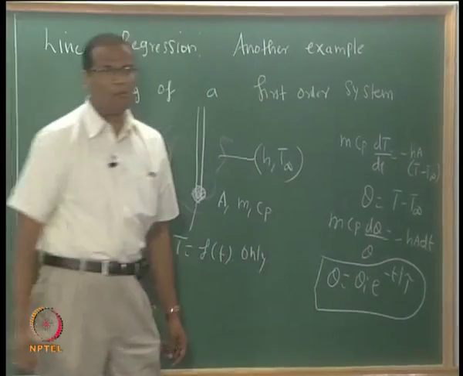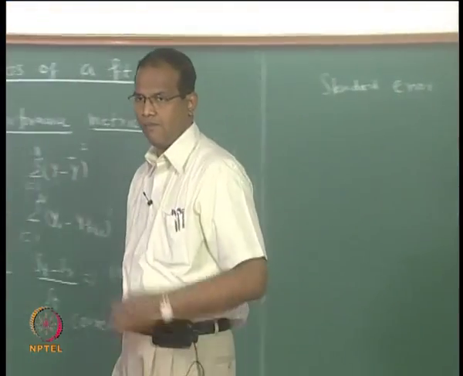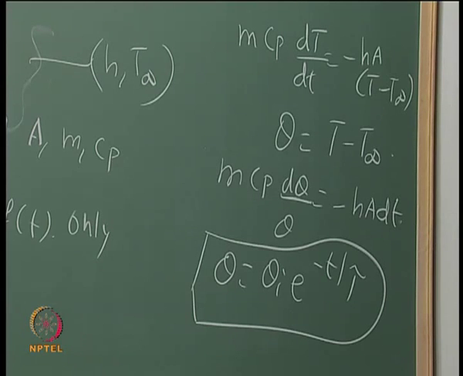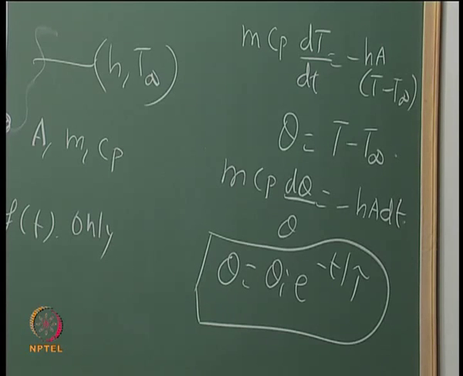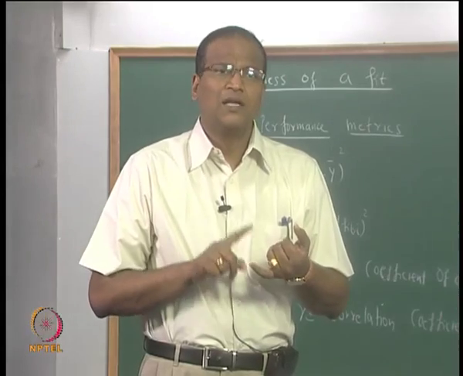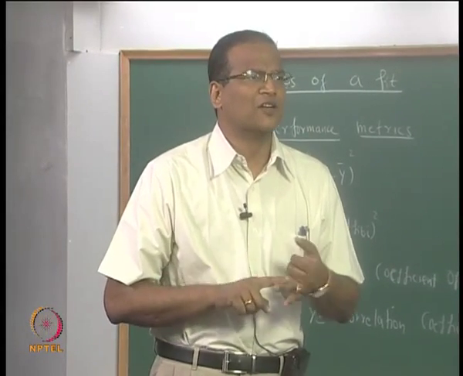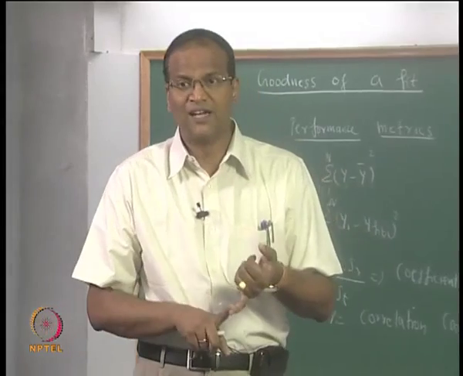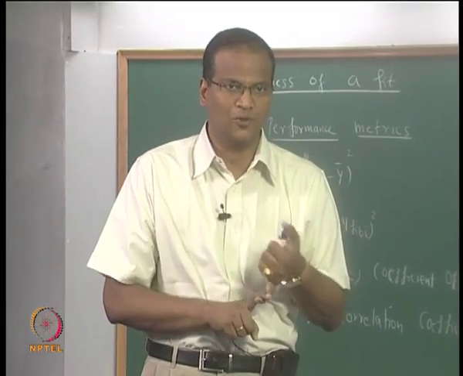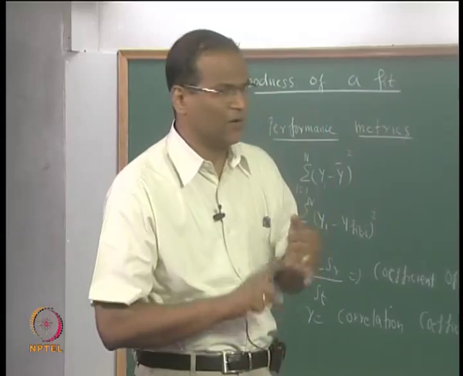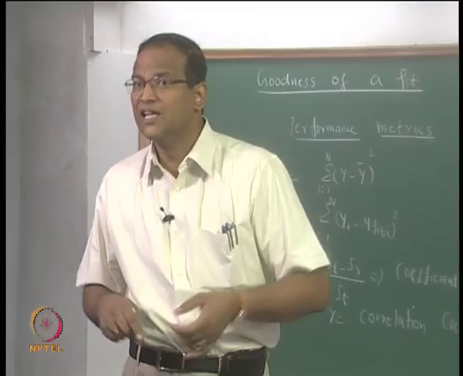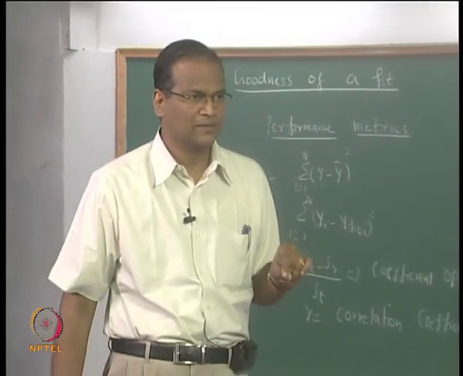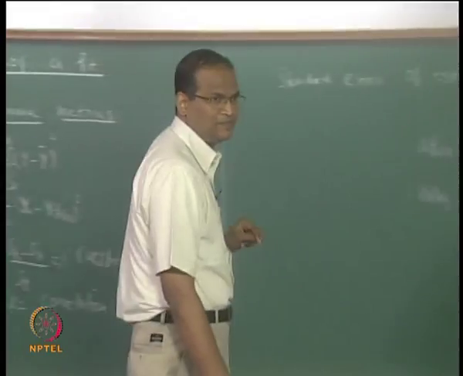called a first order system. There are some inherent assumptions. The heat transfer coefficient is constant, it does not depend on the temperature of the body, which is a questionable assumption. The mass is constant, specific heat is constant, these are not questionable assumptions, but the heat transfer coefficient being constant is. Under natural convection this is not so, the heat transfer coefficient is really variable, but we keep it constant. Next, because the body is cooling and dissipating heat to the surroundings, the temperature of the surroundings is not increasing, that is why it is a first order system.